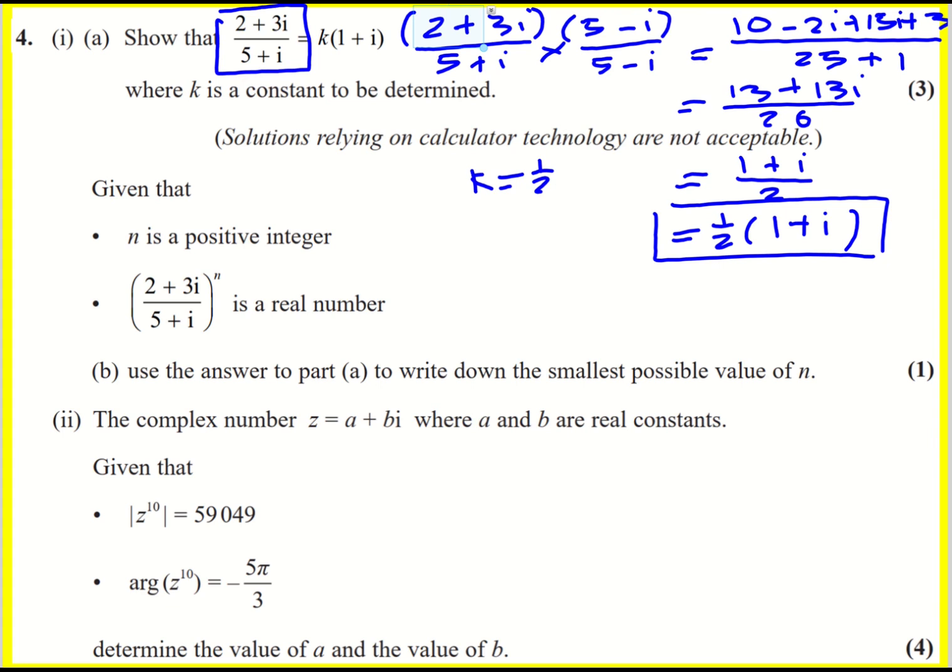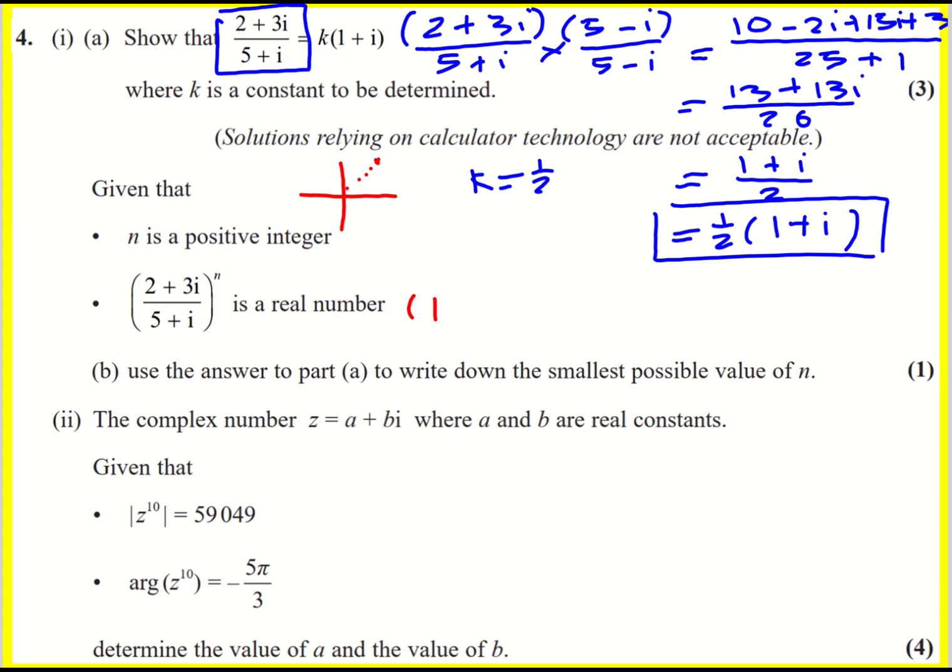Then, given that n is a positive integer, and this to the power of n is a real number, use our answer to part a to write down the smallest possible value of n. When I did this, I just thought I'm going to square. There are different ways to do it. One really quick way is to say 1 + i is over here, and this would be